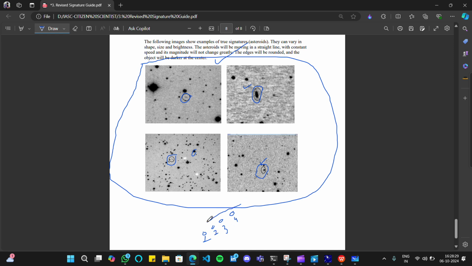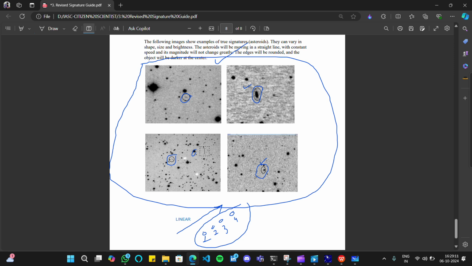If you find something moving in a linear fashion like this, not like this, then you can predict that it is an asteroid.